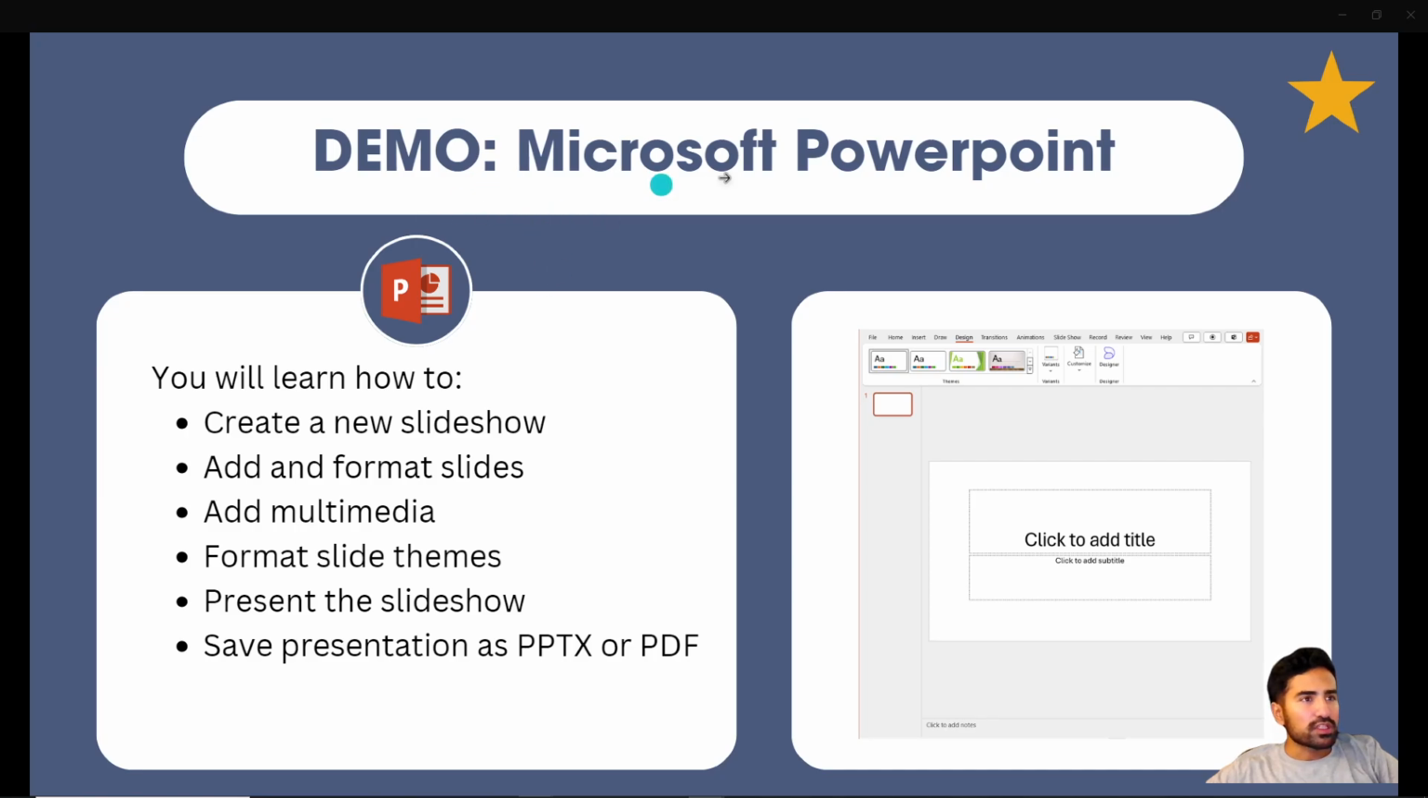So we're going to do a demo in the next video. We'll be covering how to create a new slideshow, add and format slides, and add multimedia, so different types of media, videos, for example, audio. We're going to format the slide themes, just to give some style to our slides without working too hard at building those styles. We'll be using some of the preset ones. Then, of course, we'll present our slideshow. I'll show you the different presentation options. And then we'll save our file. Very, very important for your lab so that you can submit it